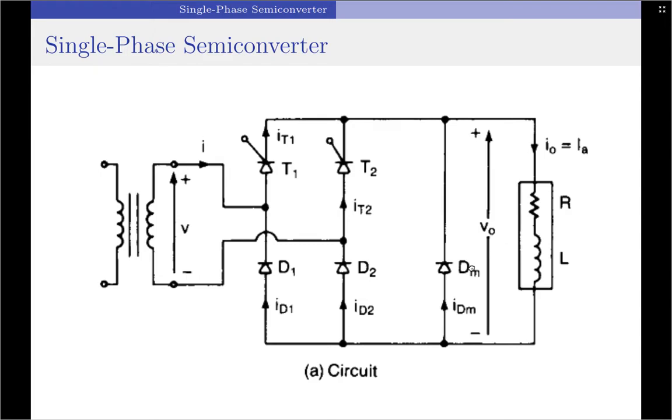Therefore, when the diode Dm is conducting, the load current is transferred from thyristor T1 and D2, which were conducting in the positive half cycle, to the freewheeling diode Dm. And whenever the freewheeling diode turns on, thyristor T1 and diode D2 will immediately turn off. Now, in the negative half cycle of the input voltage, the thyristor T2 is forward biased, and firing of thyristor T2 at omega t equals pi plus alpha will reverse bias the diode Dm.